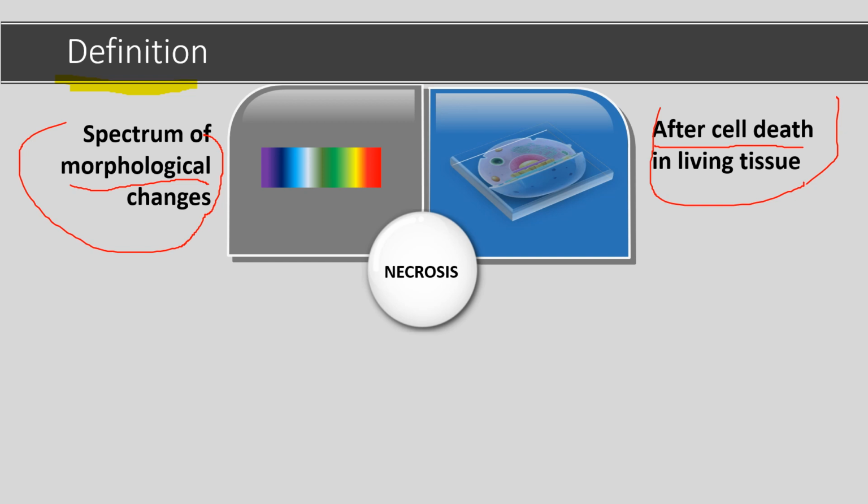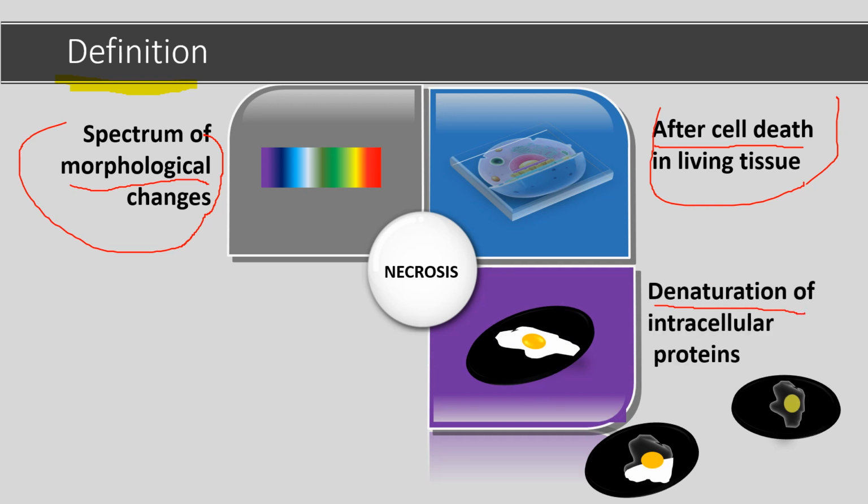The third part says that these changes occur due to denaturation of intracellular protein. This denaturation can happen due to external injuries like radiation, heat, chemicals, etc. What do you mean by denaturation? It means that the protein lose their native structure. Due to loss of blood supply, there will be decreased ATP, increased anaerobic glycolysis, increased lactic acid, along with other biochemical changes, which can lead to denaturation.